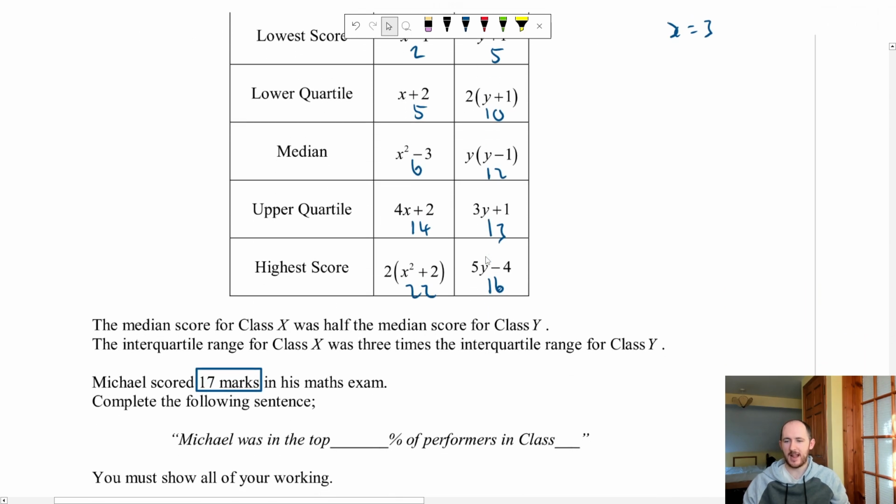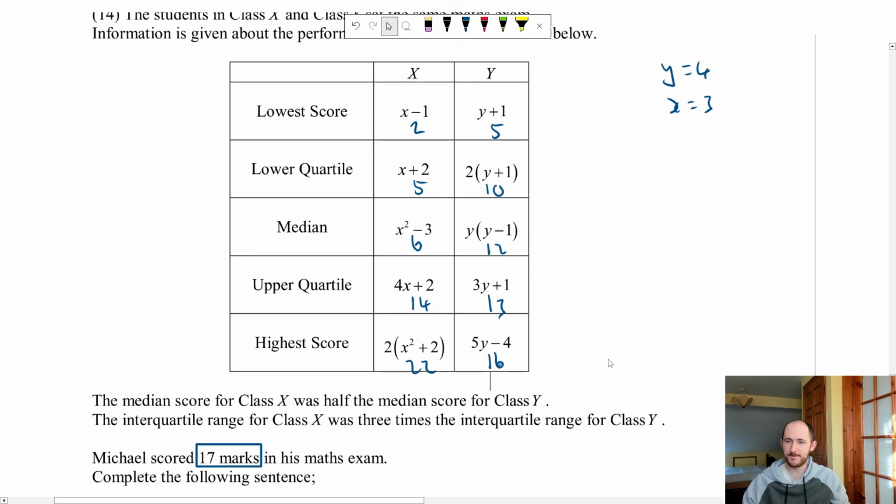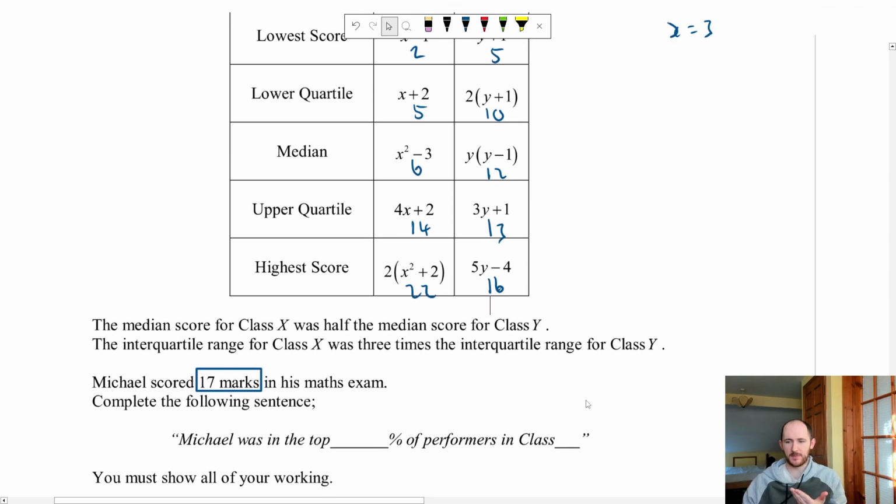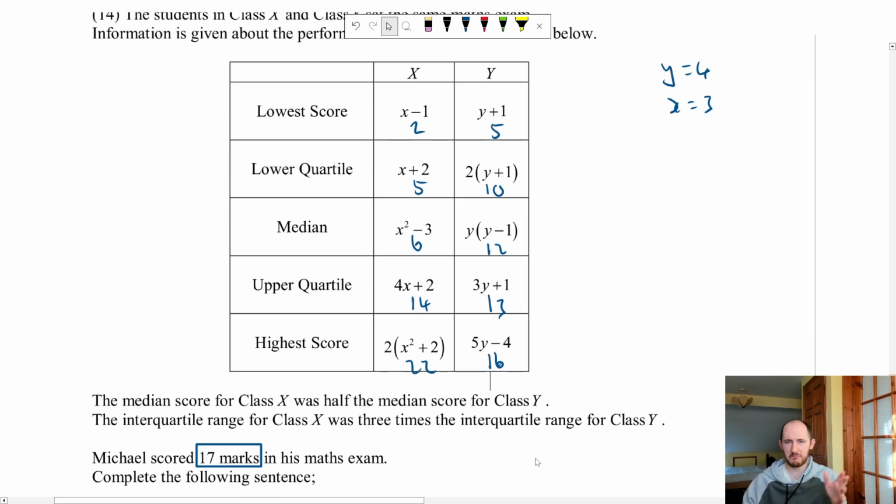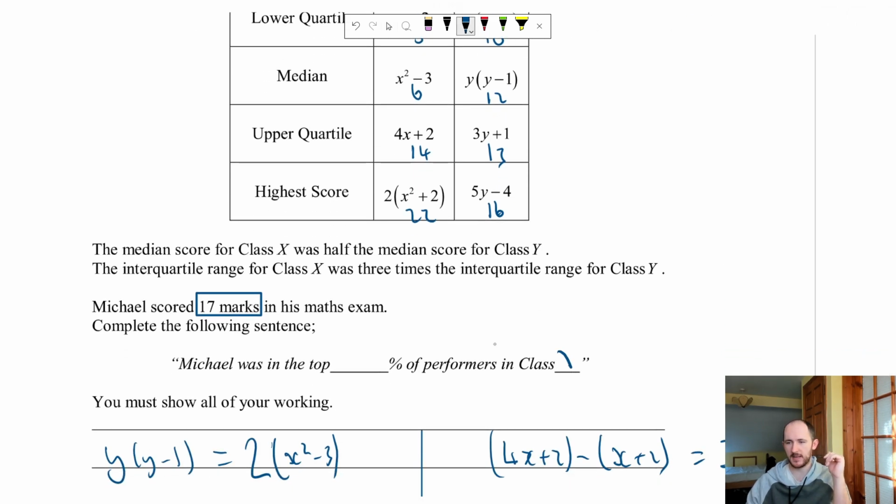Okay. And see, this is the important thing, right? I've now spotted which class Michael is in. I saw something and thought, I don't know how I'm going to work that out. Worked out the answer, now I know. So the question is, how do I know? Highest score, 22 and 16. Michael got 17, so he cannot be in class Y. In other words, he must be in class X, because 17 is bigger than the highest score